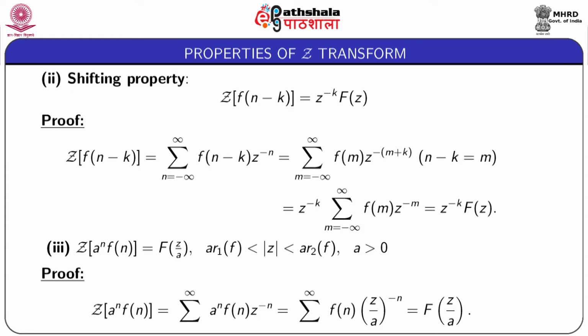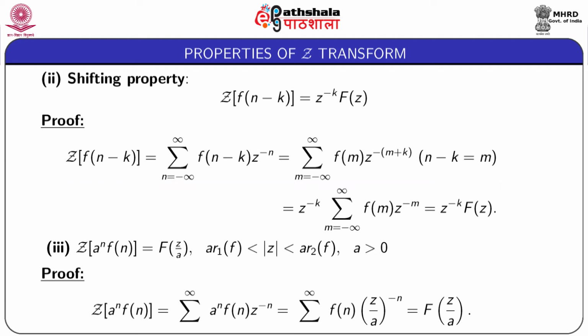Next is the shifting property, that is Z transform of the function f(n minus k) is equal to z to the power minus k F(z), where F(z) is the Z transform of f(n). For proof, we start with Z transform of f(n minus k), and by definition this is equal to summation n equal to minus infinity to plus infinity f(n minus k) into z to the power minus n. If we substitute m as n minus k, then this becomes summation m equal to minus infinity to plus infinity f(m) z to the power minus m plus k,